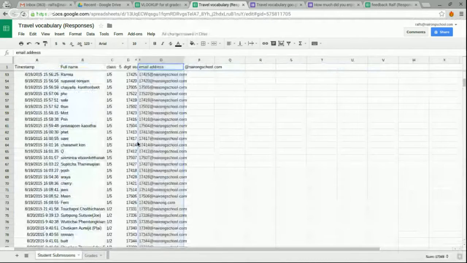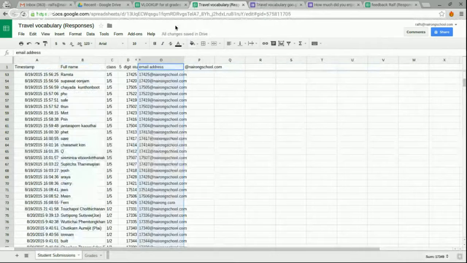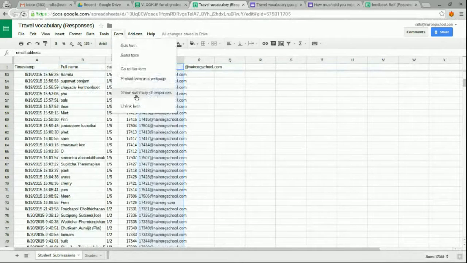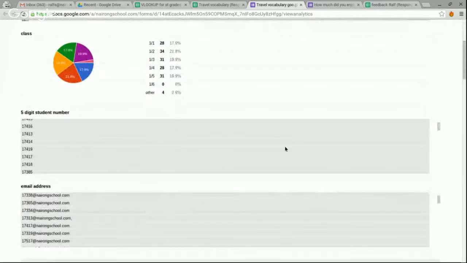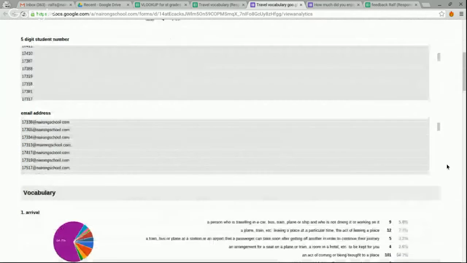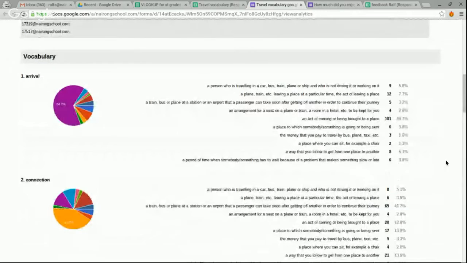And now the other nice thing, if you go to summary of responses, is that for that very activity, I see in the beginning the classes, which is a good indicator of whether all the classes have done their work, and I have all the student numbers and email addresses, which are redundant. But then very nicely,